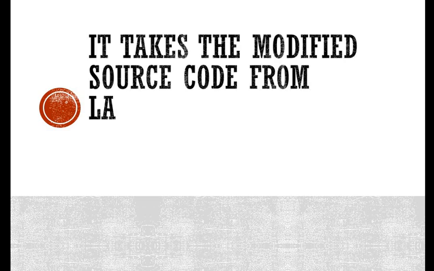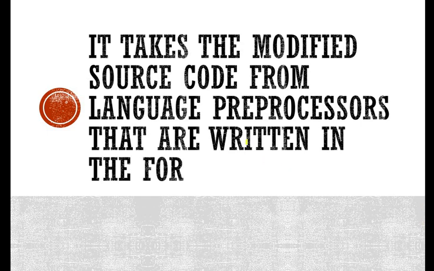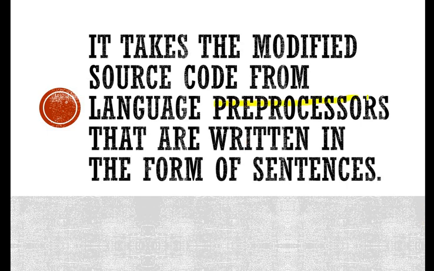So it takes the modified source code from language processors that are written in the form of sentences. Source code language processors जो हैं preprocessors, वो source code को प्रीप्रोसेसर क्या करते हैं, आपका सोर्स कोड लिखा हुआ है उससे रिलेटेड सारी की सारी चीज़ें इकट्ठी कर लेते हैं और उसके बाद आपने लैंग्वेज प्रोसेसिंग सिस्टम में भी पढ़ा कि प्रीप्रोसेसर का क्या काम है।